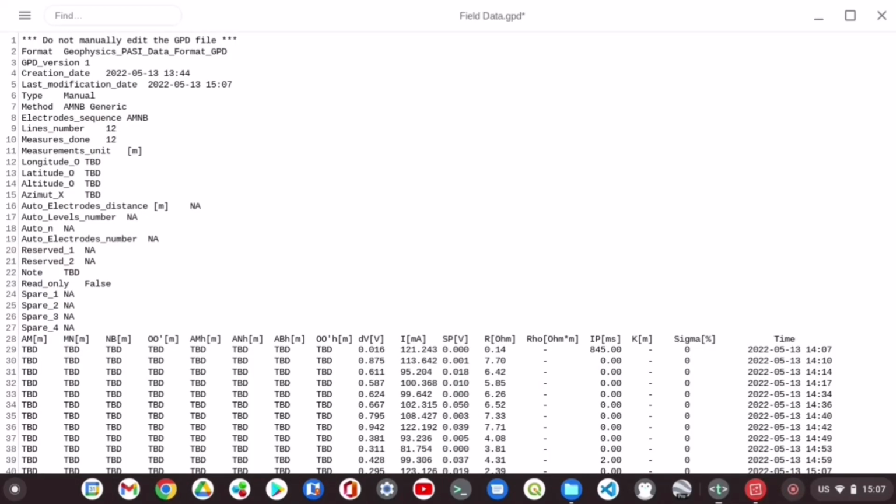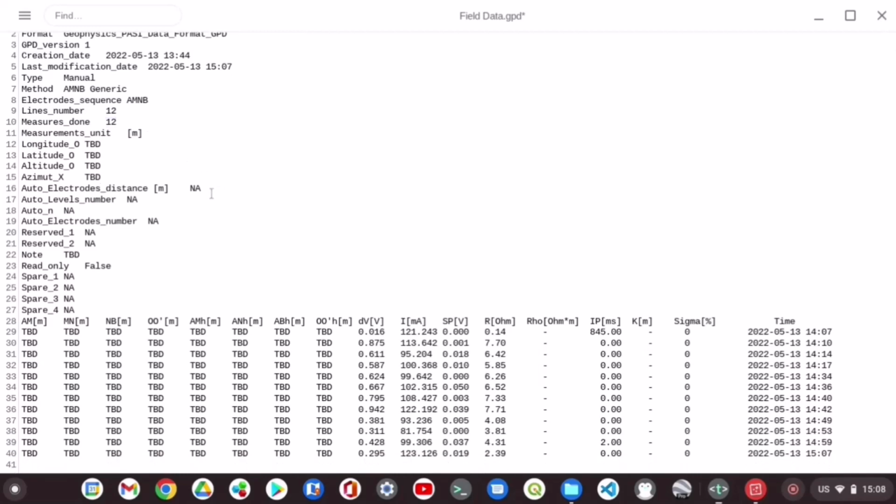After we have collected the data in the main system, we have to download that data into a computer or a laptop from the main system, and the downloaded file will be in the form of a GPG file format, and the one which we see just now is the raw data that we have collected from the field. From this raw data we can get some information like the measurement type, which is manual, and the type of method that we have used to conduct the ERT, that is AMNB generic method in our case, and the total number of measurements that we have taken, which is 12 measures, and the main data that we require from the field